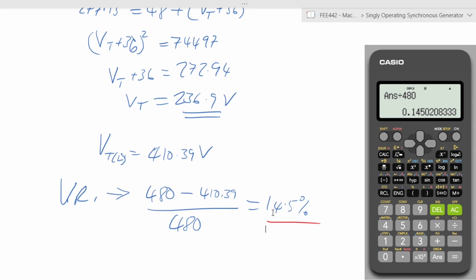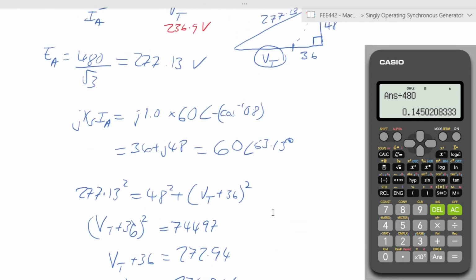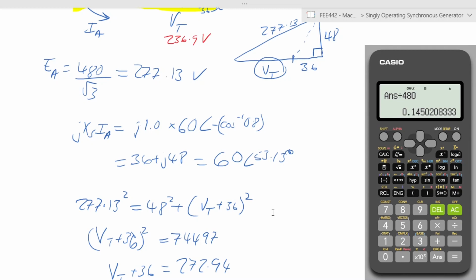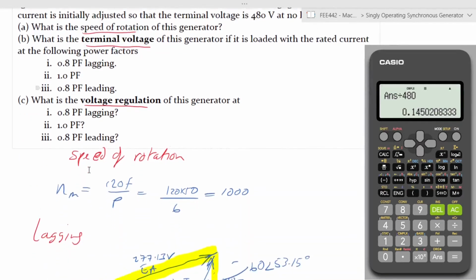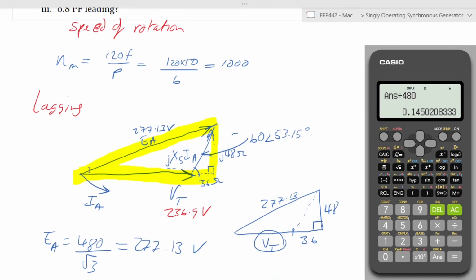Right? So on the back of that, I think we can continue with the rest, just finish up the rest of the examples, similar to what we've shown at unity power factor and at leading power factor. And with that, I think we've come to the end